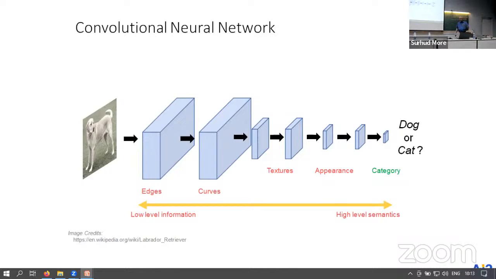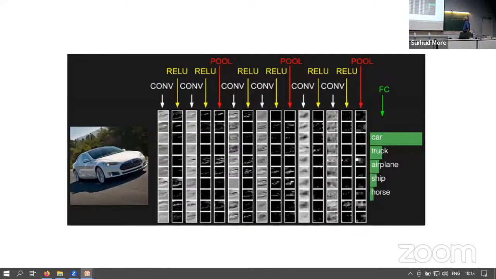Then you tell the system that you have 3x3 filters or 4x4 filters, and have 15 of them or 20 of them or 75 of them. And so then the system does what it wants. So you see that when this has been done, this particular deep learning network has been trained to distinguish between a car, truck, airplane, ship, and a horse. So once it is trained, and once I give this car to it,